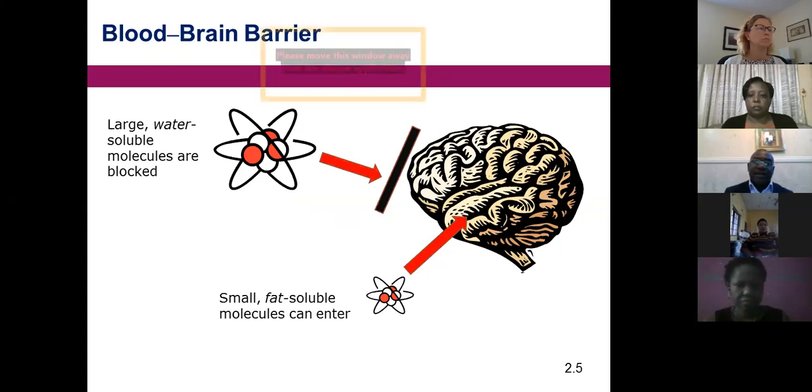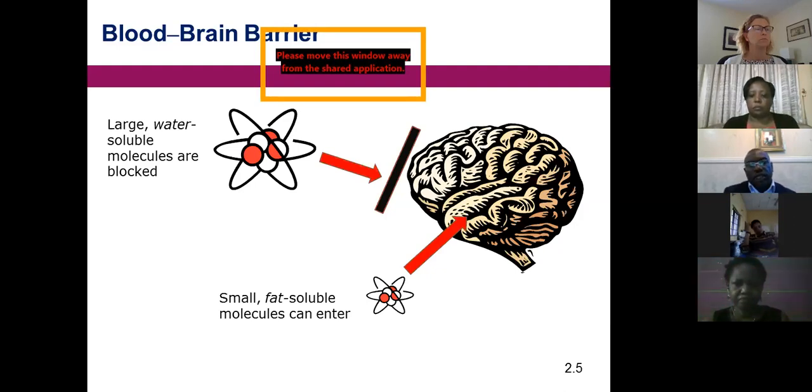You drink it, but it's not a psychoactive substance as such. Then, on the other hand, we have small but fast-soluble molecules that can penetrate the blood-brain barrier and act on the central nervous system. And we know that we take all sorts of medication and all sorts of drugs, but not all of them actually cross the